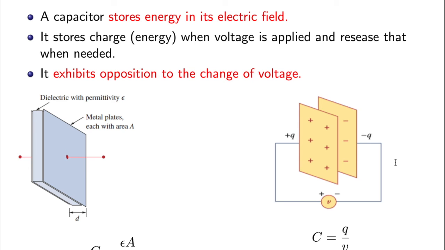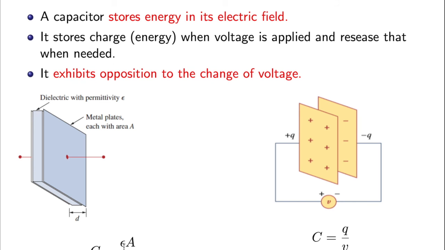Analogous to the inductor, capacitance is a property of circuit elements which exhibits opposition to the change of the voltage. It stores energy under the influence of an electric field. So basically it works as an energy storage or charge storage when the voltage is applied. However, it can be retrieved as and when needed, or when the voltage is reduced. This is the expression of the capacitance for a parallel plate capacitor.